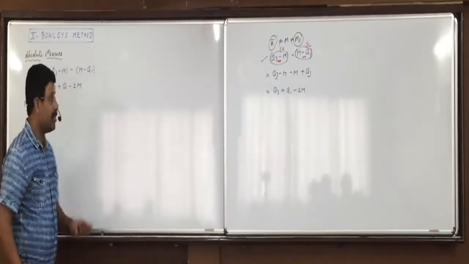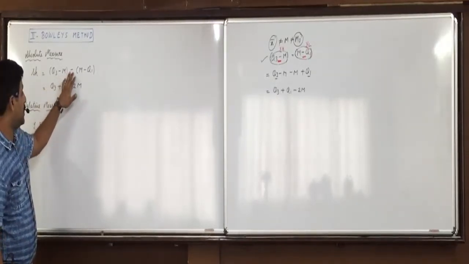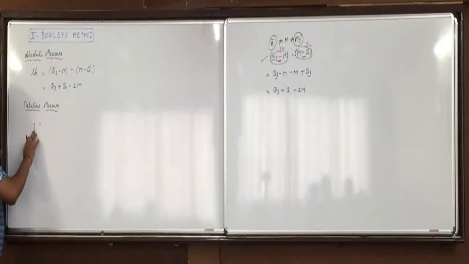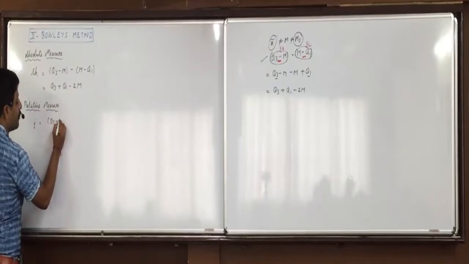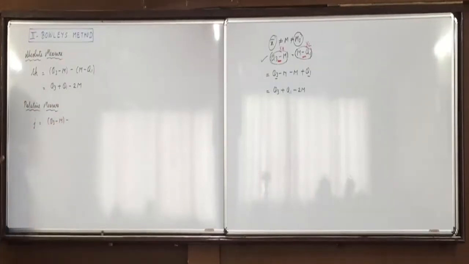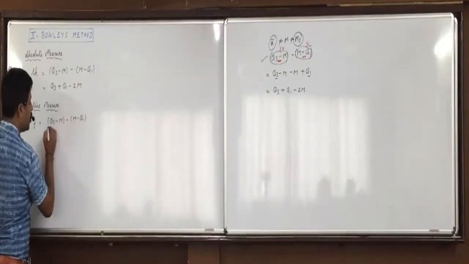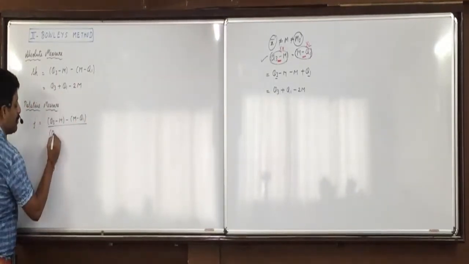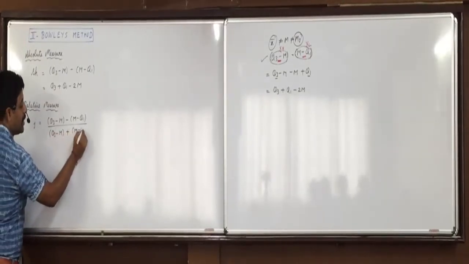So range is like skewness, XH minus XL. Now coefficient of skewness will be like coefficient of range. So XH means Q3 minus M, minus XL, M minus Q1, upon XH Q3 minus M plus XL M minus